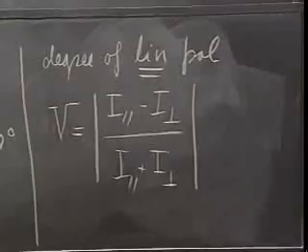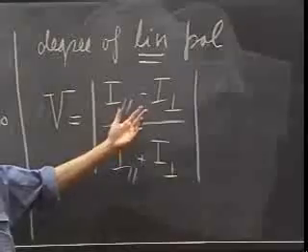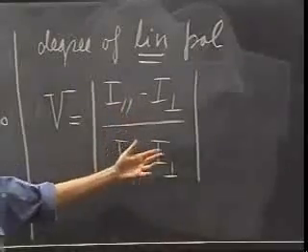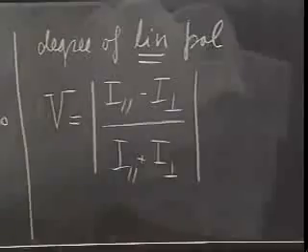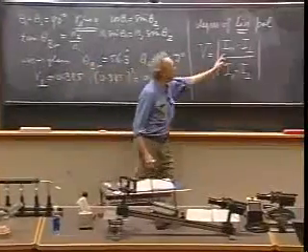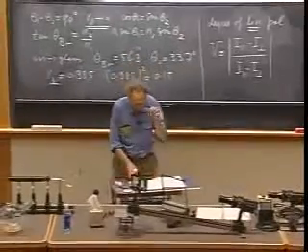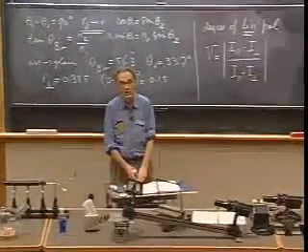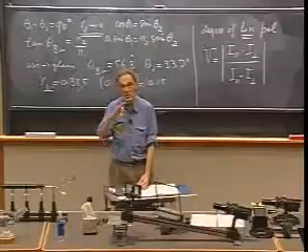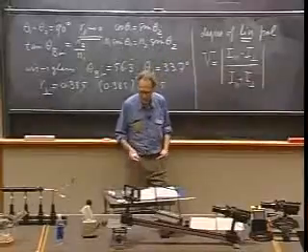This number can be anywhere from 0 to 1. If it is 0, it's totally unpolarized. And if it is 1, then it is 100% linearly polarized. So you can have a situation that the answer is 0.5. Then it is partially polarized. It's not completely unpolarized. That means one of these components then dominates. And then you have partially polarized light. And when you have your linear polarizer, you can actually tell that as you rotate it around, there is a change in light intensity. Only if this is 1 is it 100% linearly polarized.